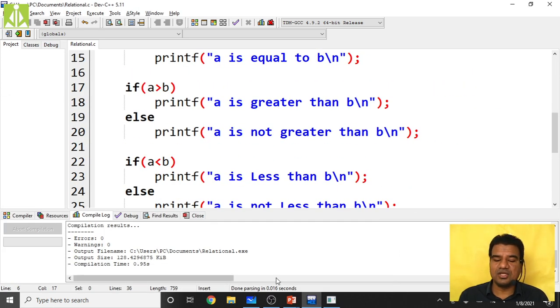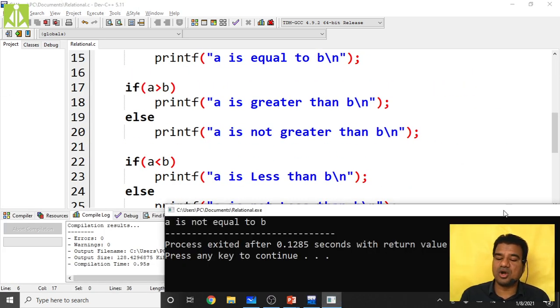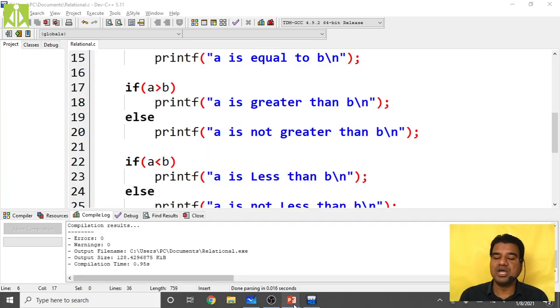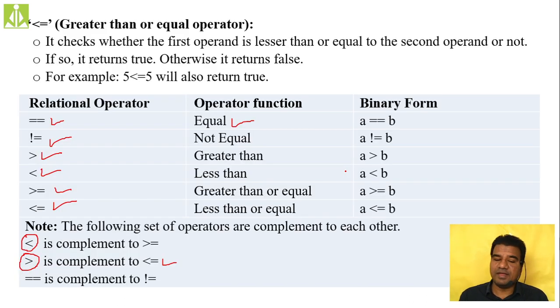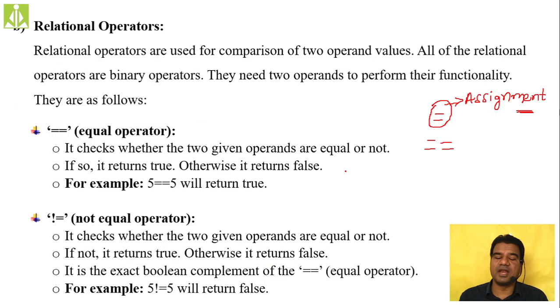These are your relational operators, and I hope you got a good idea about using them. We have discussed almost everything related to these relational operators. As I told you before, they are helpful in framing and making your control structures functional.